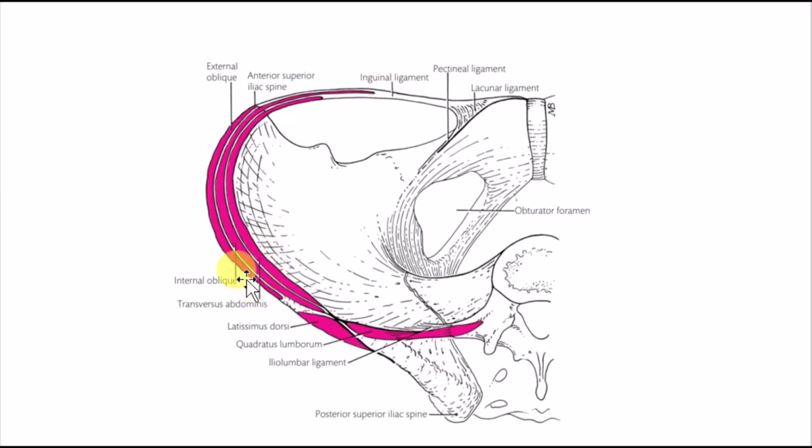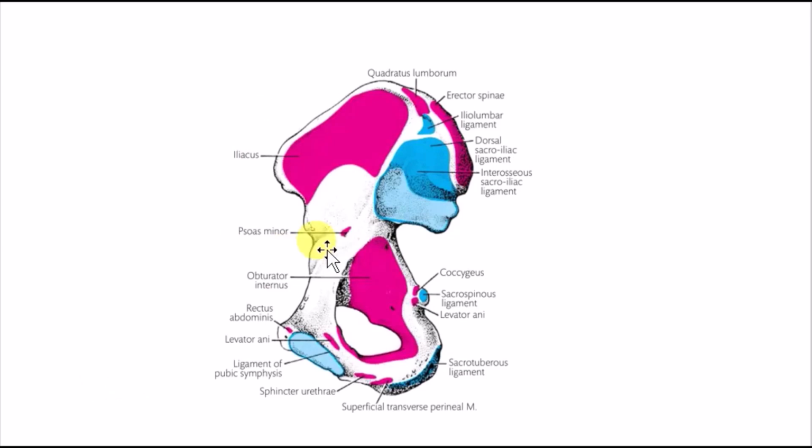The outermost is known as the outer lip of the iliac crest, where there is attachment of external oblique muscle and the latissimus dorsi. On the intermediate area there is attachment of internal oblique muscle, and on the inner lip there is attachment of transversus abdominis muscle and quadratus lumborum. So next you can appreciate in this picture there is attachment of iliacus muscle on the iliac fossa in the